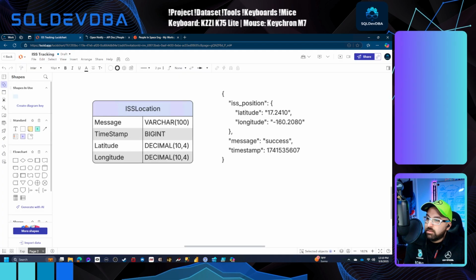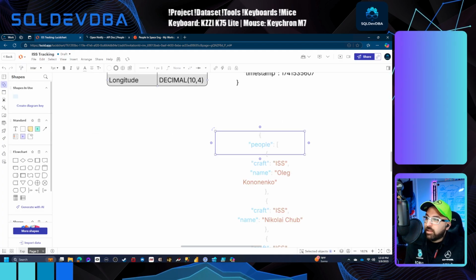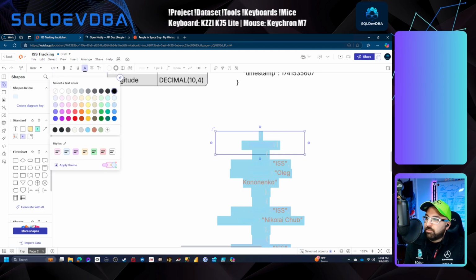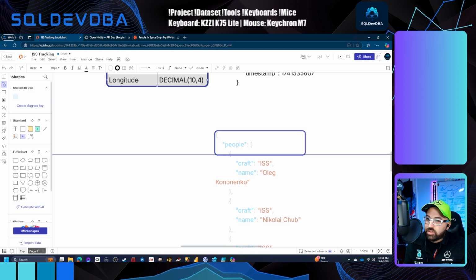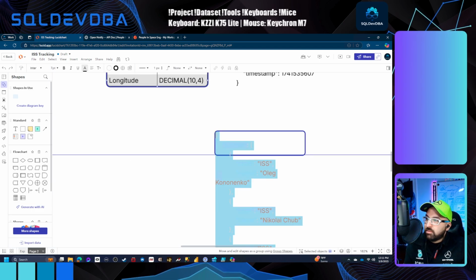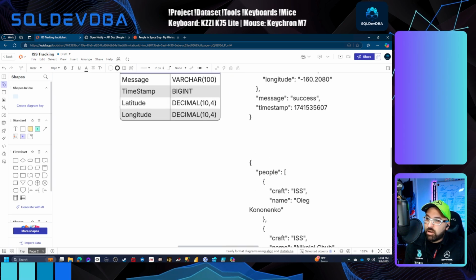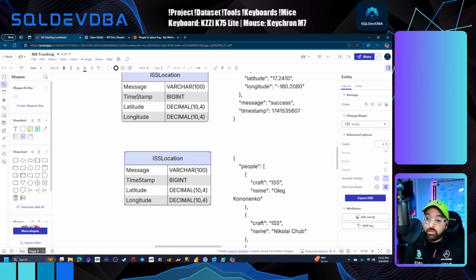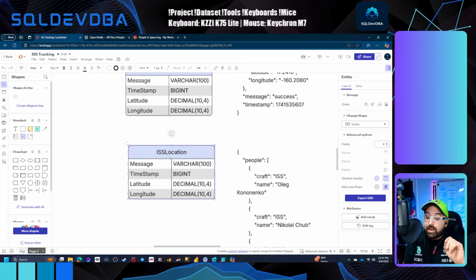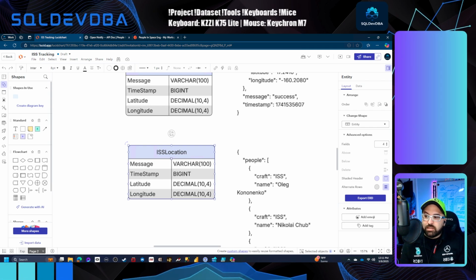I'm going to copy that, and then I'm just going to pop it down here. And again, I'm going to align it to the left. I'm going to make it black so it's readable. For some reason that didn't happen, so let's try that again. There we go. Now we're just going to create our object for it. I'm going to copy this ISS location, and something that bit me yesterday was I left the data types there, and someone asked, why is the person's name a decimal? And then I had to explain that